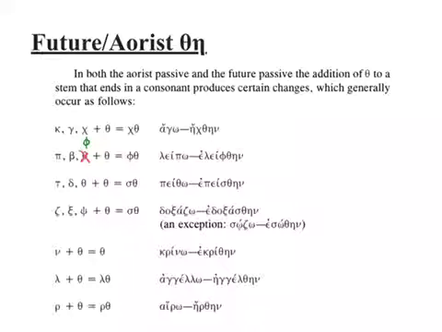So the guttural, kappa, gamma, chi, plus a theta would be a chi and a theta. So ago would be echthēn. I'm never going to read this. I see ech, I'm not going to think ago. And there's a typo in your book. I don't know why they put a theta with a pi beta, but it should be a phi. If that has a theta added to it, it would be a phi and a theta. So leipo would be eleiphthēn.